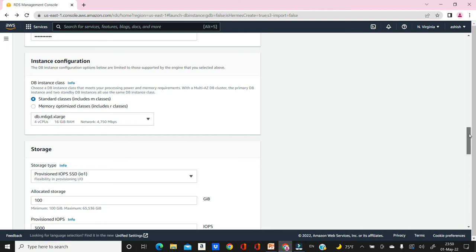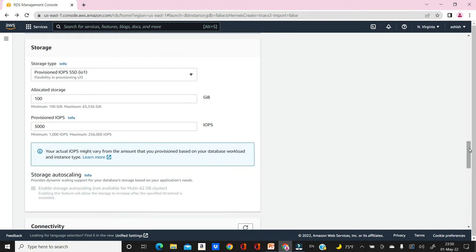And then the next is the storage type. So here we can go for provisioned IO. Now we don't have the HDD options available. We can go for the SSD or IOPS. So if we go for this option, provisioned IOPS, so input output per second to be processed here. So here minimum is 100 giga. The maximum is 65556 gigabits. And here if you see, the minimum is 1000. So let's say I go for the minimum,